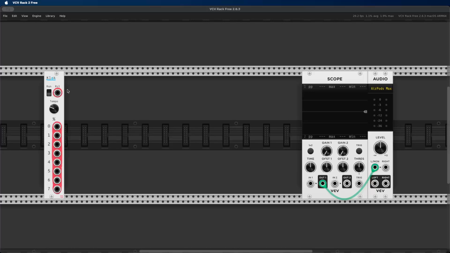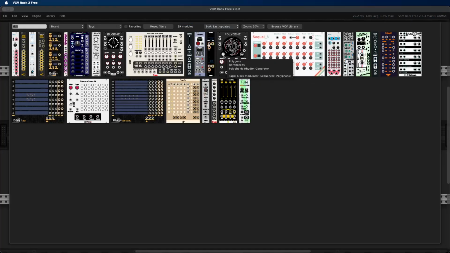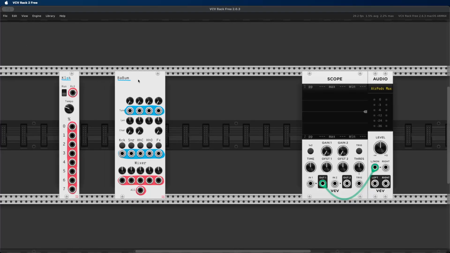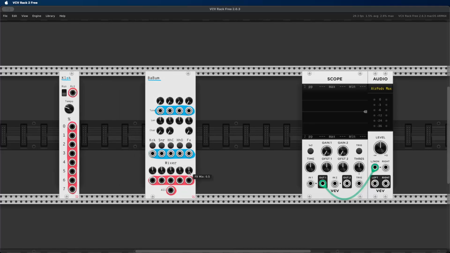So the second one that I want to show you is one called Baboom. So this Baboom module is the drum synthesizer. And you can use it in combination with the clock or with other modules that I'm going to show in a minute to just make different rhythms and drum patterns. So in this Baboom module, I just synthesized different kinds of drum sounds. So you have a kick, you have a snare, a closed hi-hat, an open hi-hat, and there's another sound that